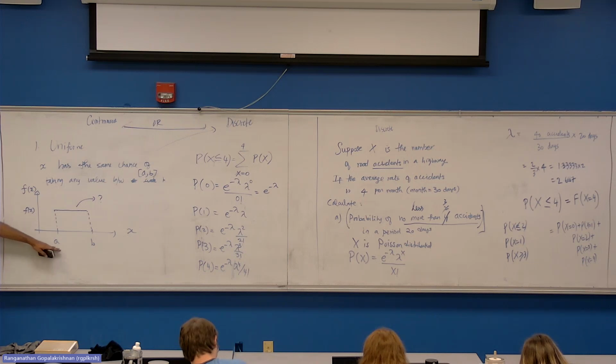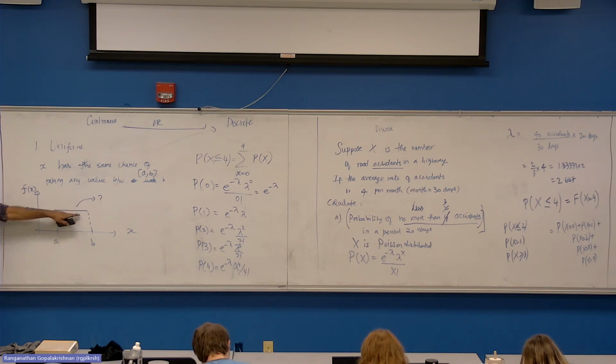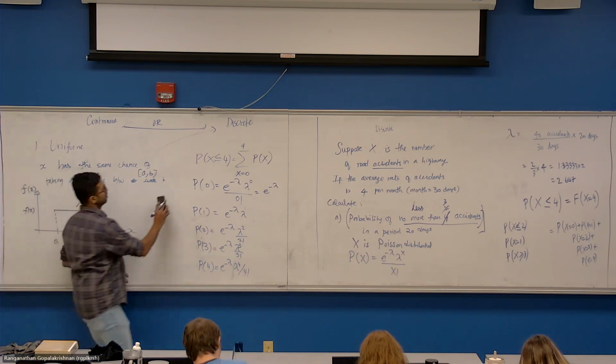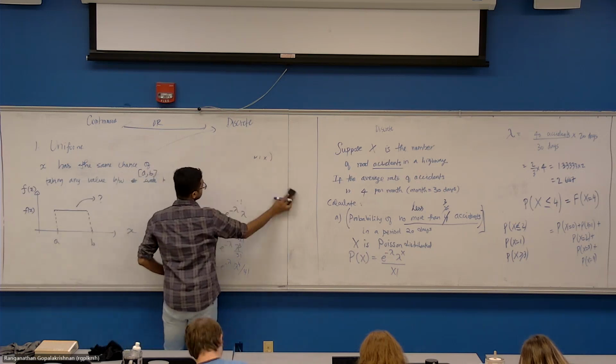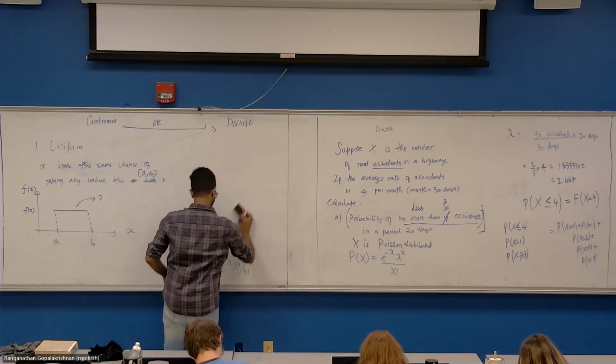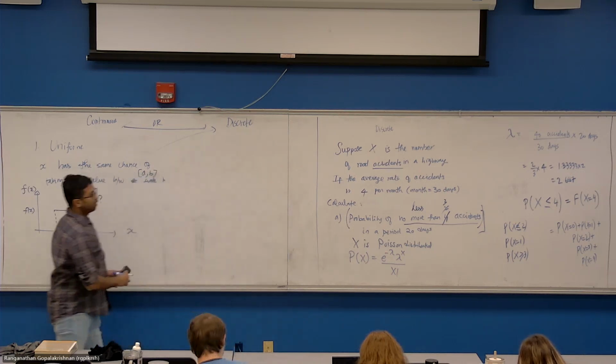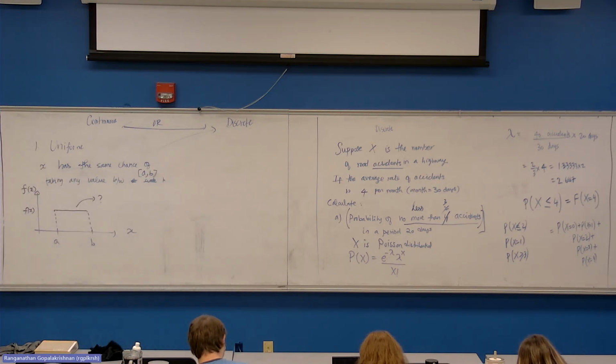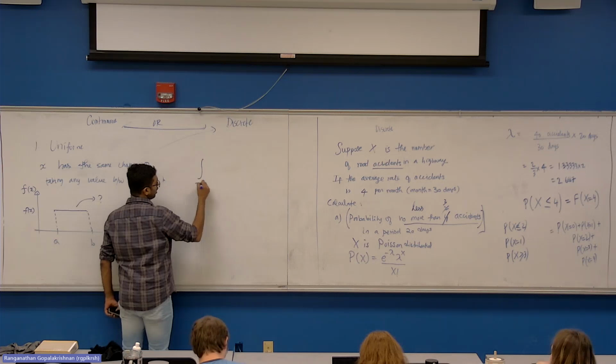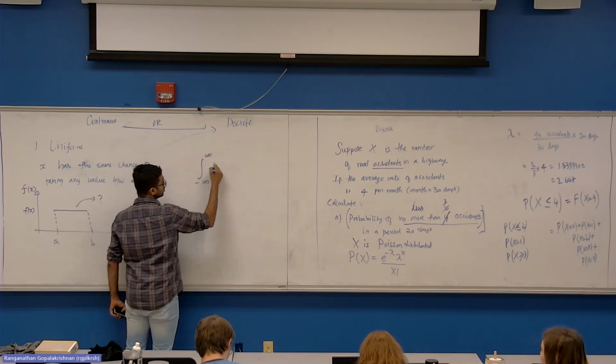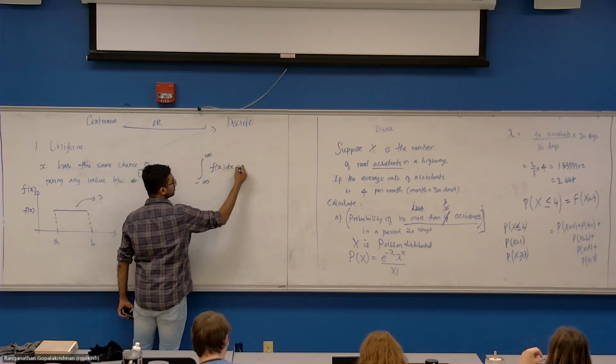We know the x-axis starts from A to B, and we know it is flat or it is uniform. But how do we get the actual value? What do you know about probability densities? You know that the sum of all possible values should add up to